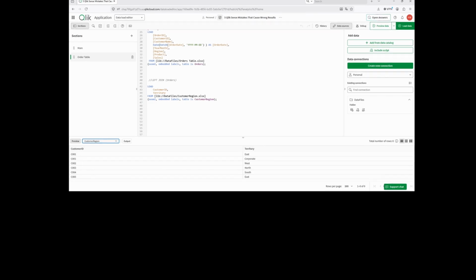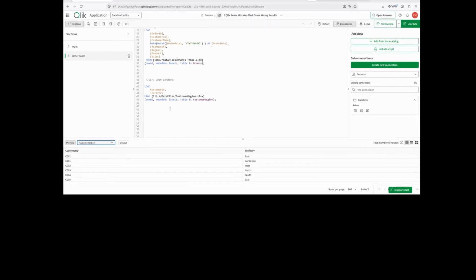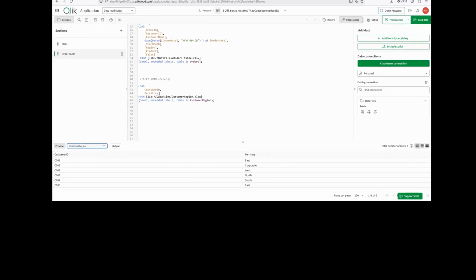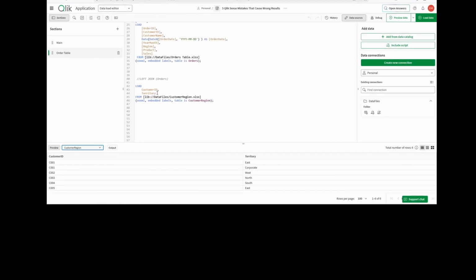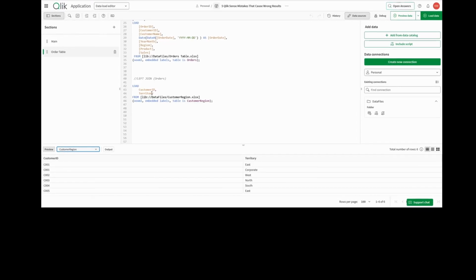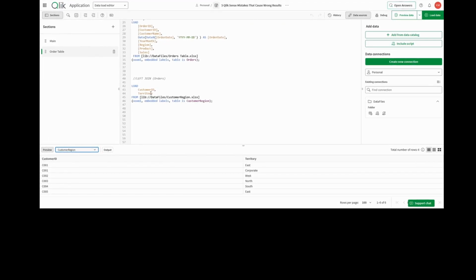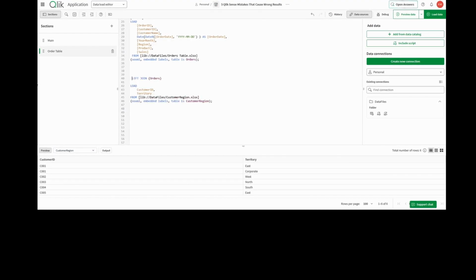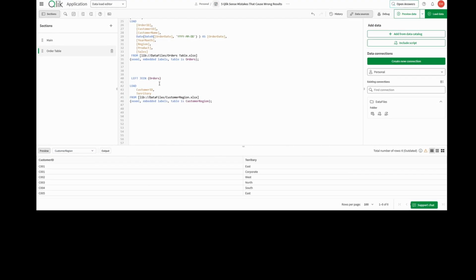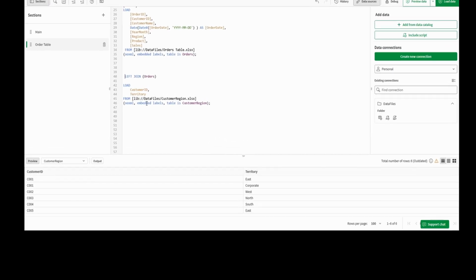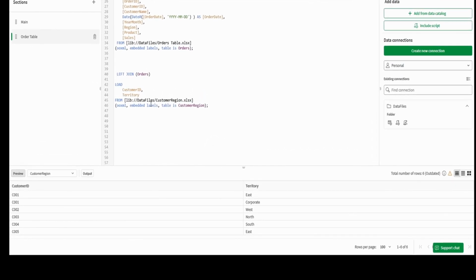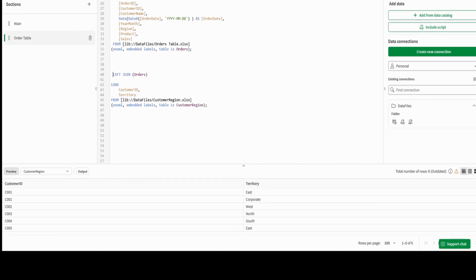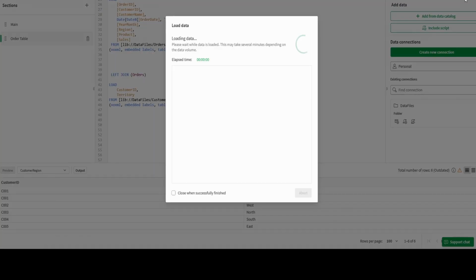Now I'm going to load the customer region table into the app, and I'm going to do that by performing a join. So let's just say I decide to join that table to the orders table. That is how the script looks. I'm doing a left join to that. At first, this may look harmless, but when I reload the app,